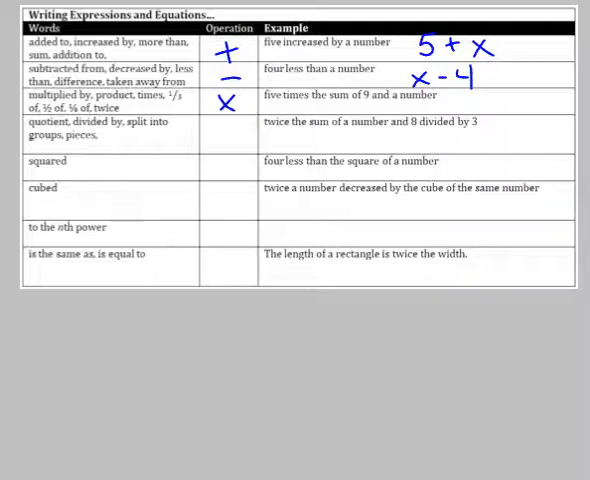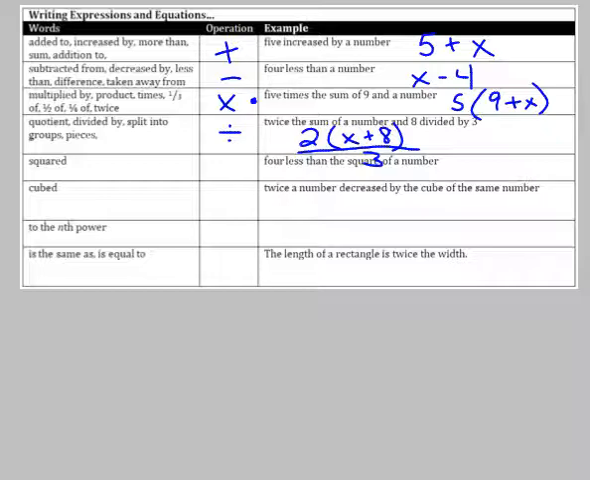Multiplied by, so we have this multiplied. We kind of have 2 symbols here that you could use, right? 5 times, so 5 times the sum of 9 and a number. Quotient, divided by, that's the straight division. 1 symbol for that. Remember, those are fractions too. So twice, and then it says the sum of a number and 8, so x plus 8 divided by 3. So we're thinking everything's got to be divided by 3 at the